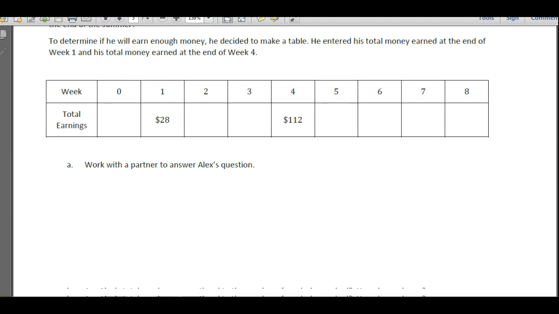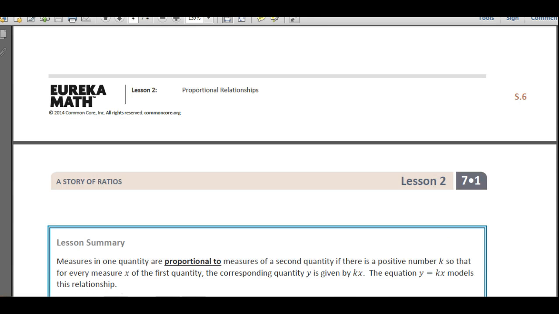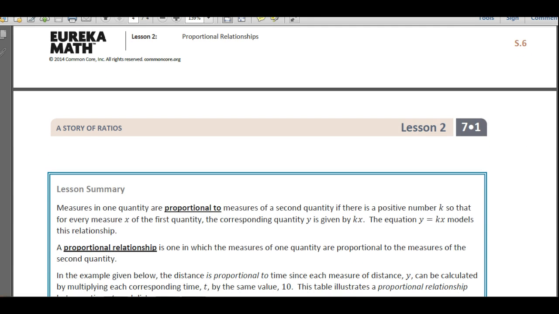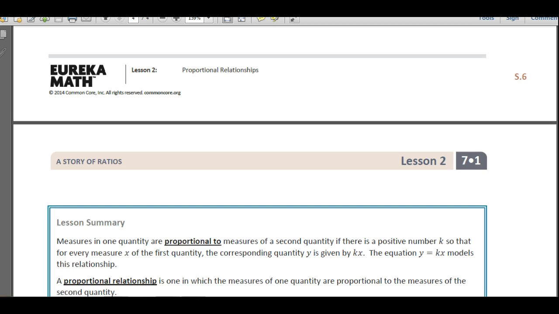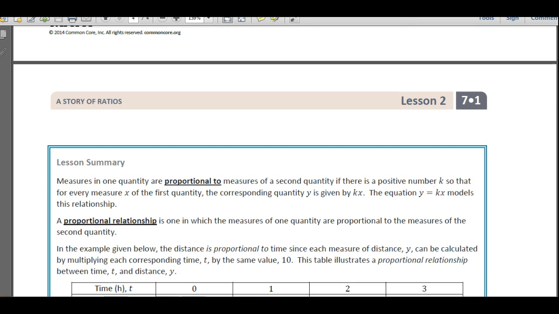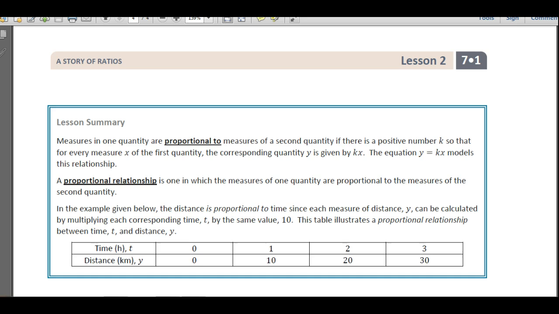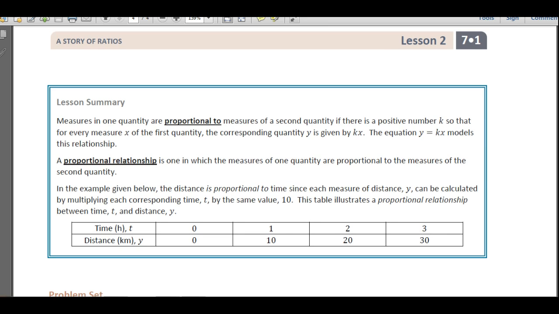Okay, so let's go ahead and close. We're going to close this lesson right now, and I'll bring it down here to the lesson summary. Of course I just mentioned it, but how do we know if two quantities are proportional to each other? And that's something I'd really like you to know. And just like I said before, if there is that constant, as you can see right here in the lesson summary,